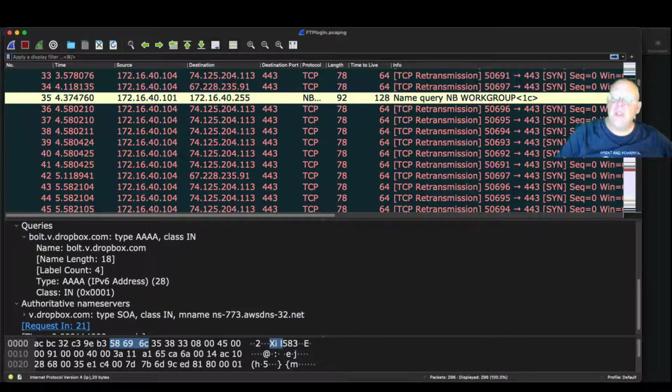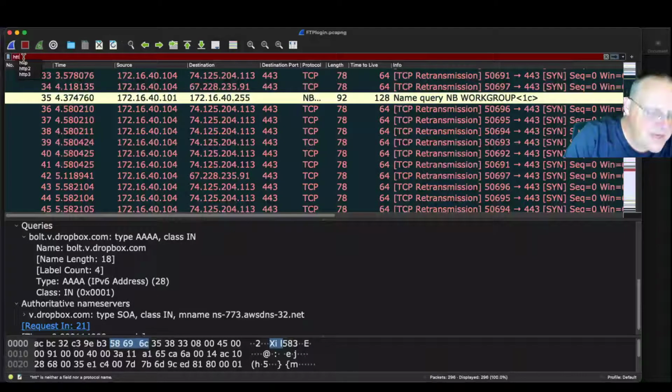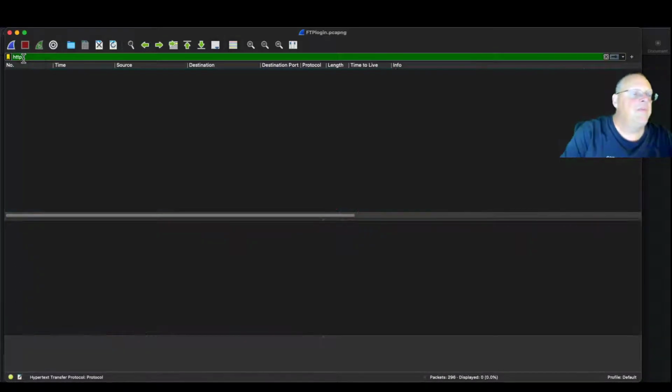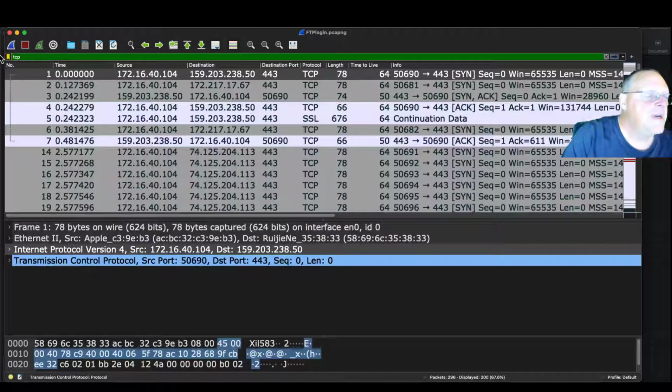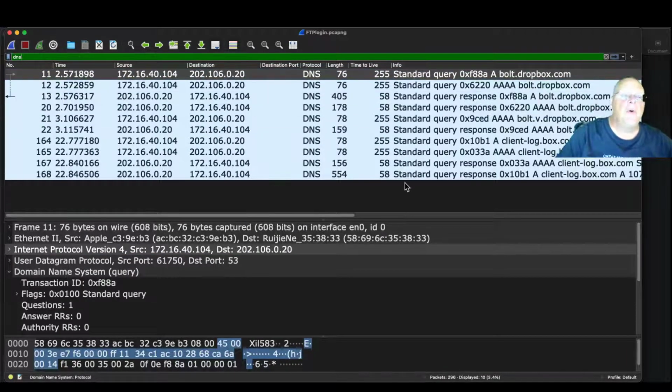But now, I'd like to find FTP. So to find FTP, what you do is you use the display filter. The display filter is extremely wonderful. So for example, if you thought there was HTTP, there you can filter. There is no HTTP in this traffic. You can filter for TCP. I saw that. And you can filter for DNS. And what it does is it just shows you only those packets. It's very nice. And so if you filter for FTP,